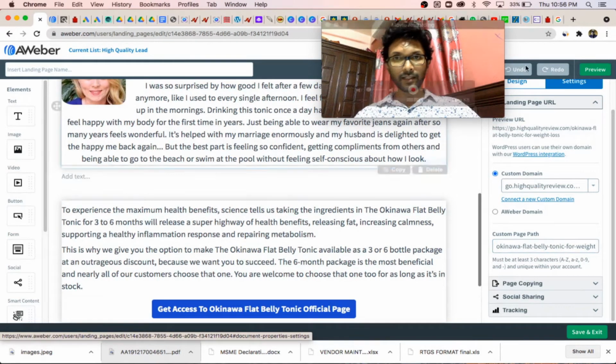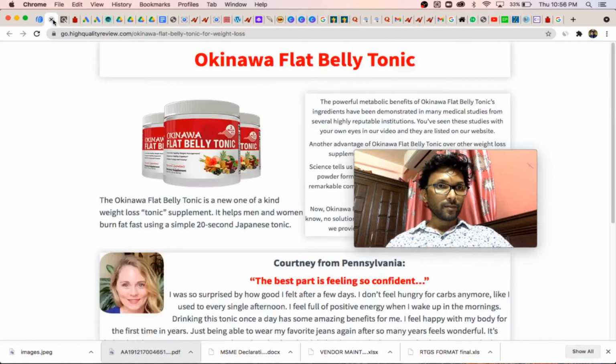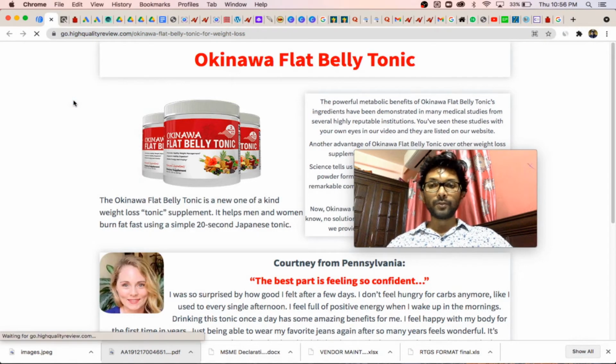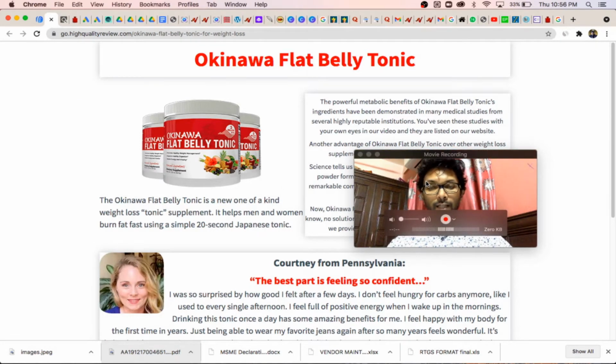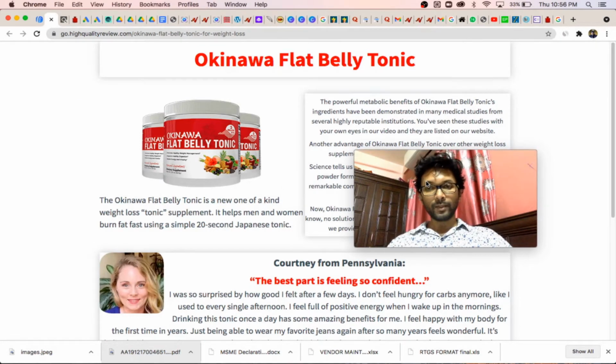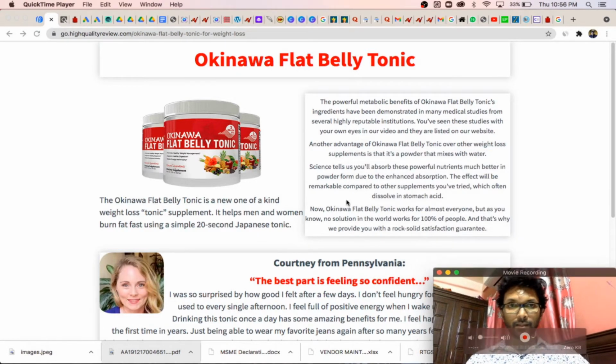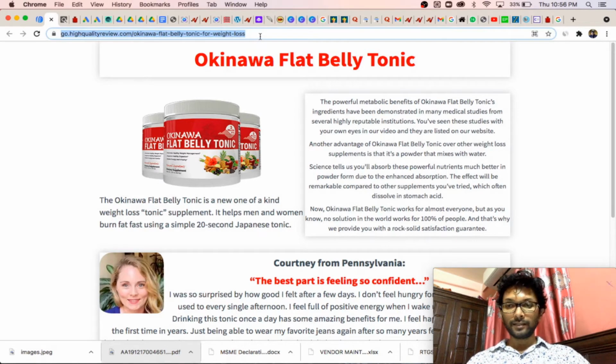custom path here, and my link looks like this, and this looks professional, and people will like to click on this link, and even Google will also like this. If you have a custom domain, Google will also like to allow or approve your ads. This will help you to get approval of your Google ads. So with this landing page we will create an ad inside Google by using this landing page.